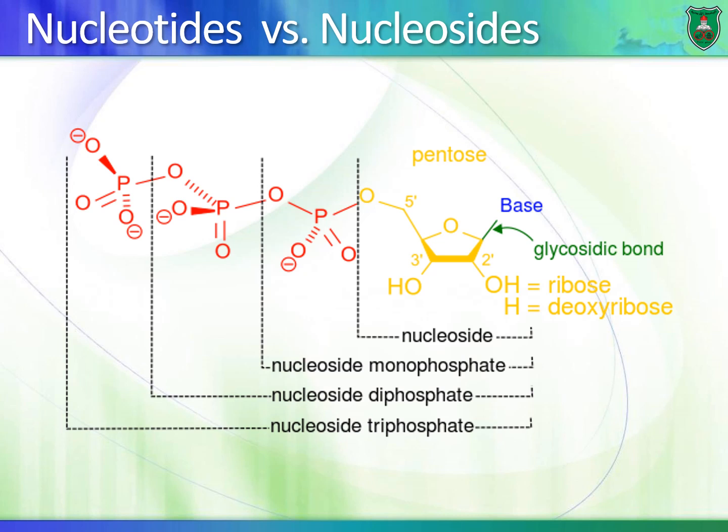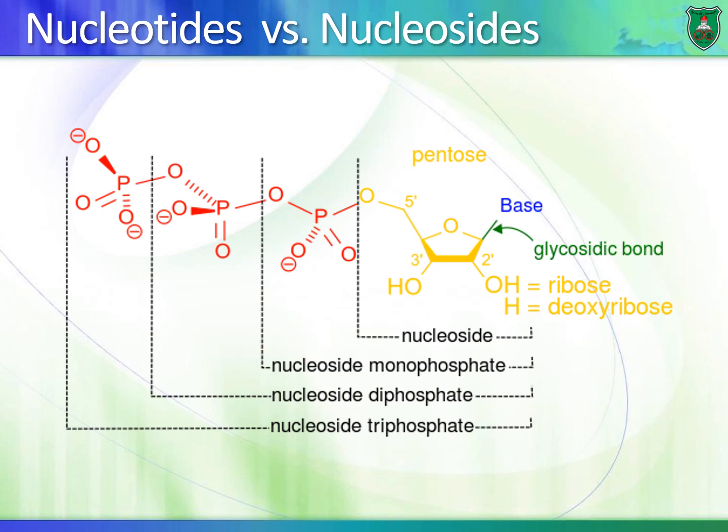And now, what's a nucleotide exactly? A nucleotide is a molecule that is composed of a sugar, whether ribose or deoxyribose, a nitrogenous base, which can be a purine or a pyrimidine, as well as a phosphate. And it can be a single phosphate molecule, 2 or 3. All these molecules are known as nucleotides.